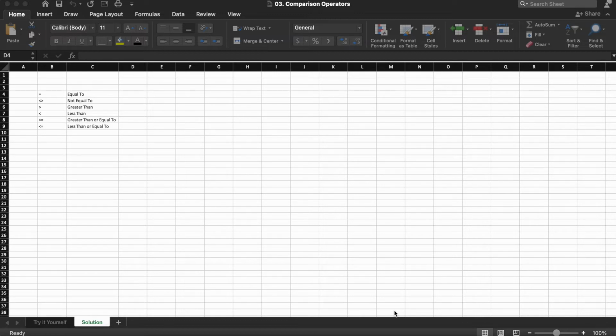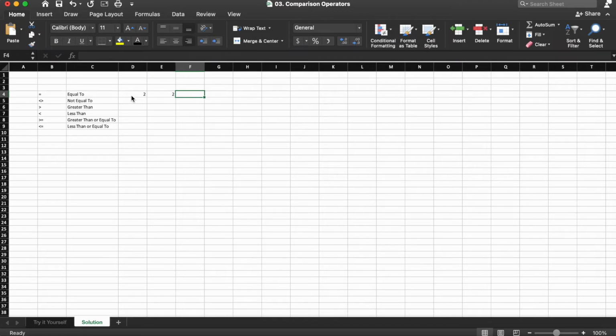So go ahead and download and open up file 03.comparisonOperators and go to cell D4 on the Try It Yourself tab. The first comparison operator that we're going to go over is equal to. In cell D4 you're going to want to put a number or piece of text, and then in cell E4 you're going to put the same number or piece of text.